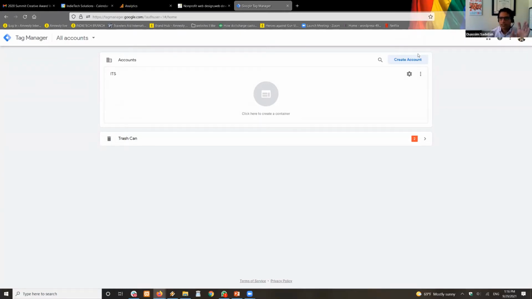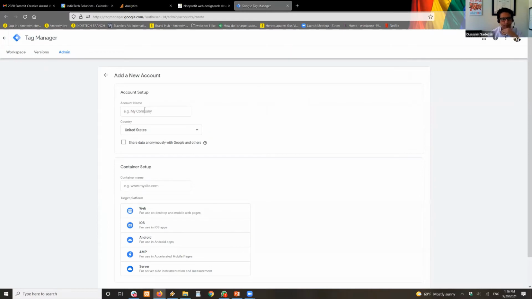Okay, I'm just going to create a new account once you come in. I'm doing some demo with this one. For the account name, I'll use an organization. This, for instance, is going to be your organization. You can manage more than one account. For instance, we manage a few organizations' accounts, so we differentiate them by the name of the organization. So organization X, Y, and Z, it's the United States, that's fine. But within your account, you can have more than one container, which is basically more than one website.